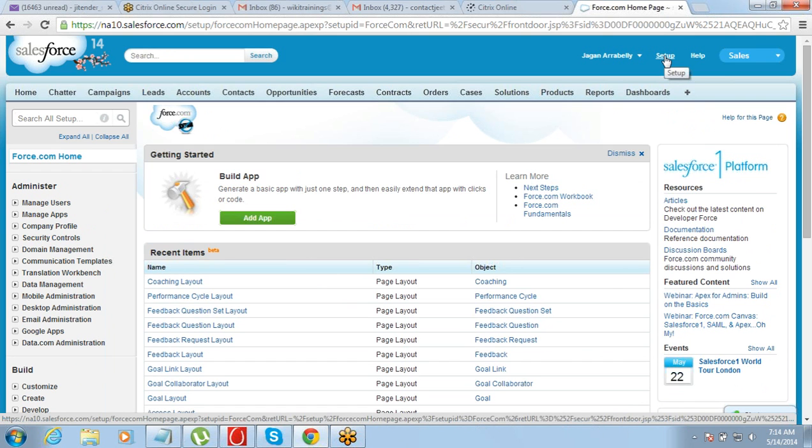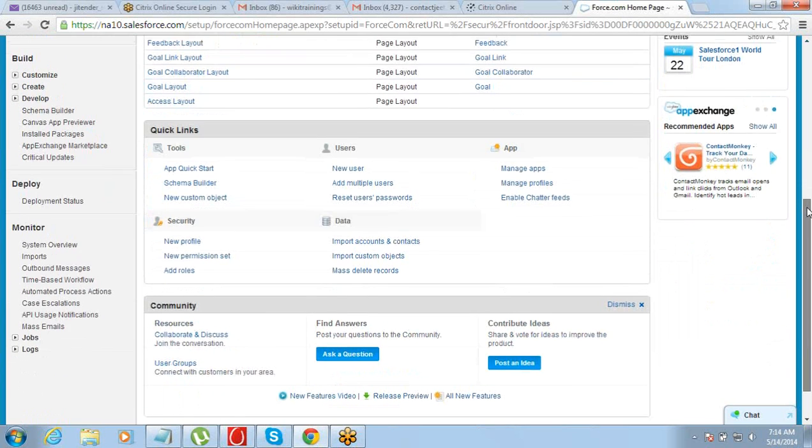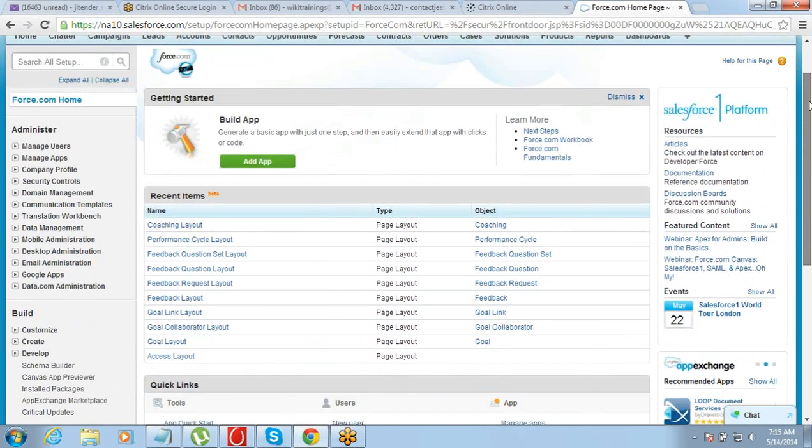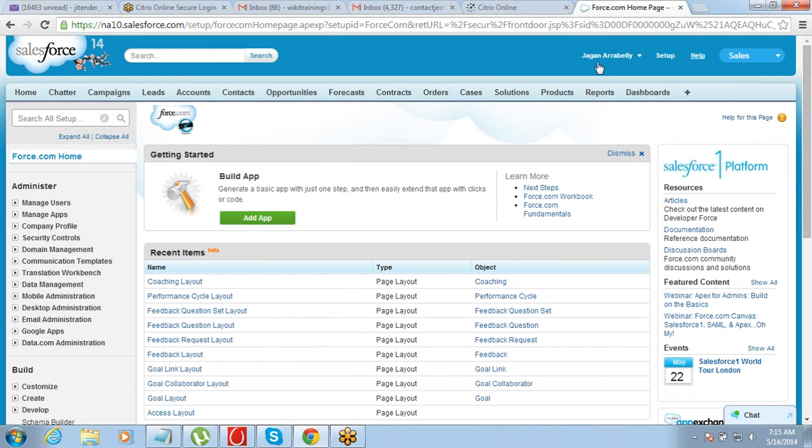The moment you click on setup here, you see the complete menu on the left hand side. So that's the setup menu.